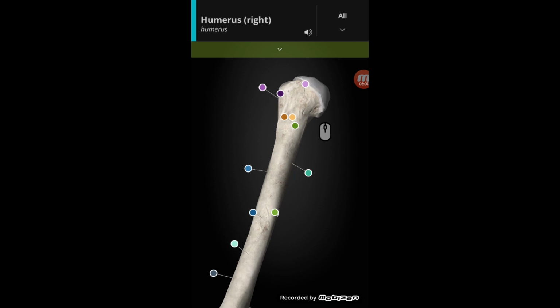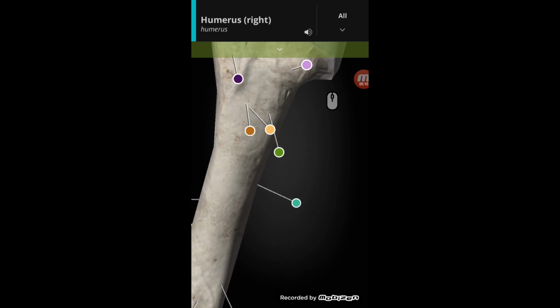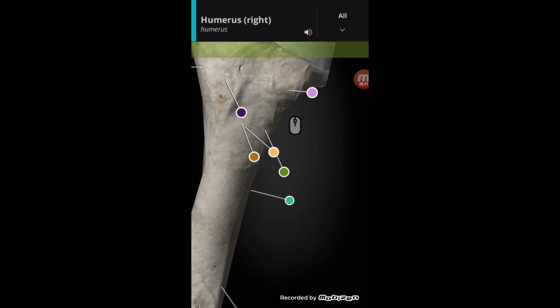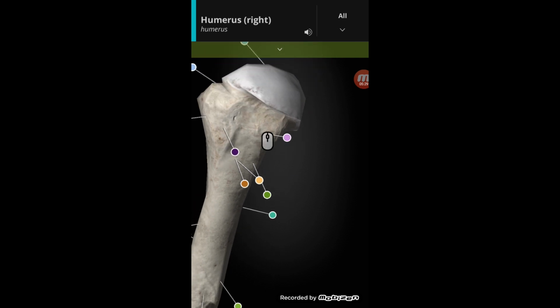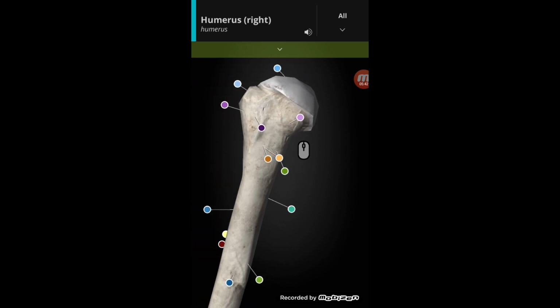Okay, one more thing. Here you can see there is a lesser tubercle and a greater tubercle, and here you can see the line or the groove. This is called the crest of the lesser tubercle, and this is called the crest of the greater tubercle. Now this site, the lesser tubercle and the greater tubercle, has smooth surfaces which give articulation to the muscle tendons. We will discuss it in the next video, the attachment of the muscles.